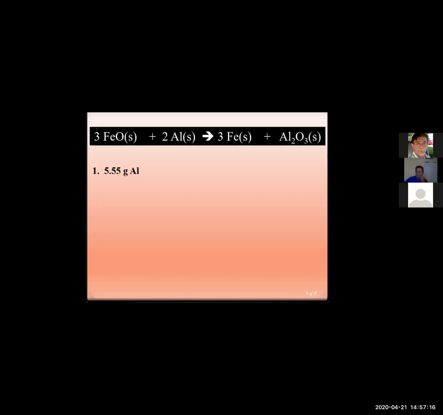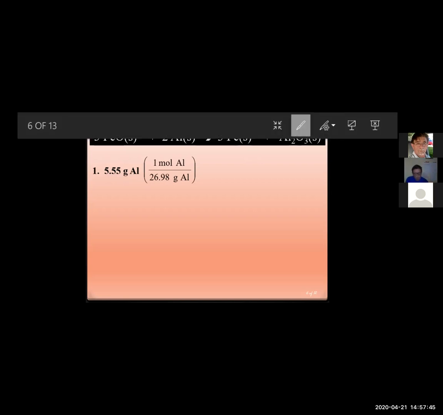Same reaction. First part, we start off with 5.5 grams of aluminum. We're in grams, and we have to get to moles. We can't do anything without getting into moles. So this is the molar mass, in this case the atomic weight of aluminum. You simply look that up on the periodic table, and you'll find it to be 26.9 grams of aluminum. Notice something: keep track of your units. Grams of aluminum are being canceled out the way it's set up, so you're going in the right direction.